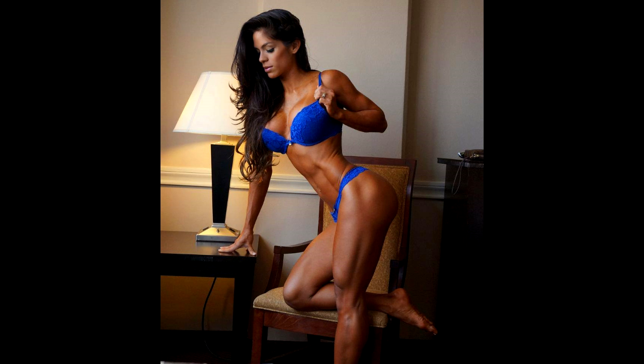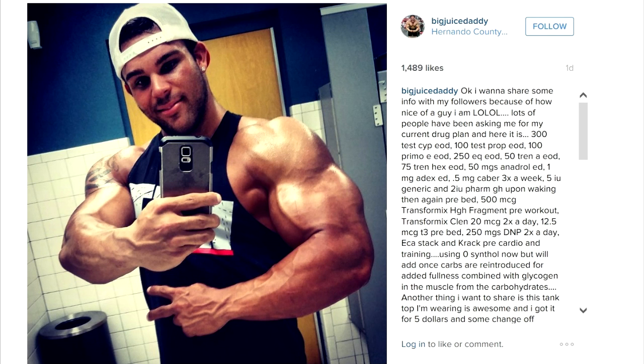Alright, and then he goes to his orals, and then he's running 50 milligrams of Anadrol every day. I don't know why he would try to do that with all these other dry drugs other than to stay fuller, but again, I would say that someone trying to run DNP the way he's doing it, it would really make more sense if he just ran mostly wet stuff anyways, just to hold on to muscle tissue and strength and everything with the DNP in his system. It would be more anabolic overall. So the Anadrol makes